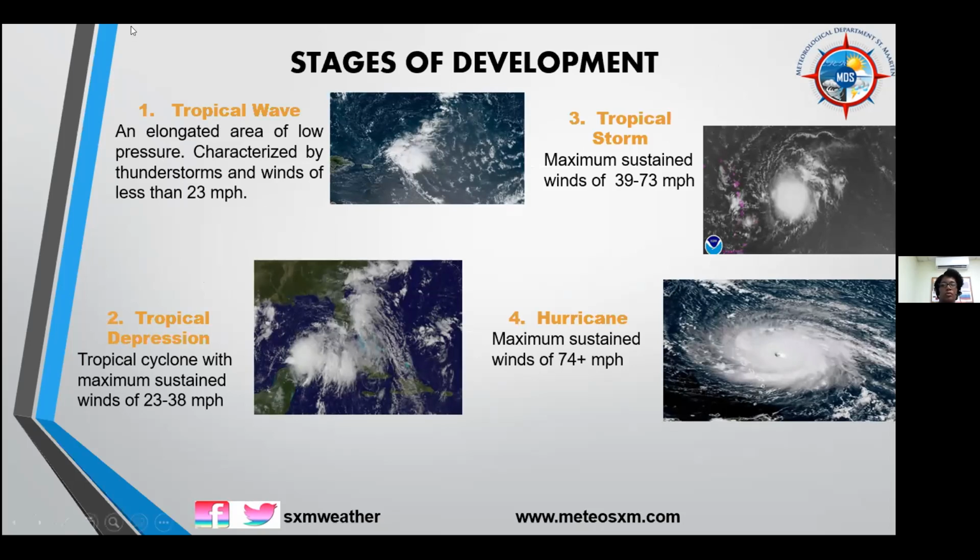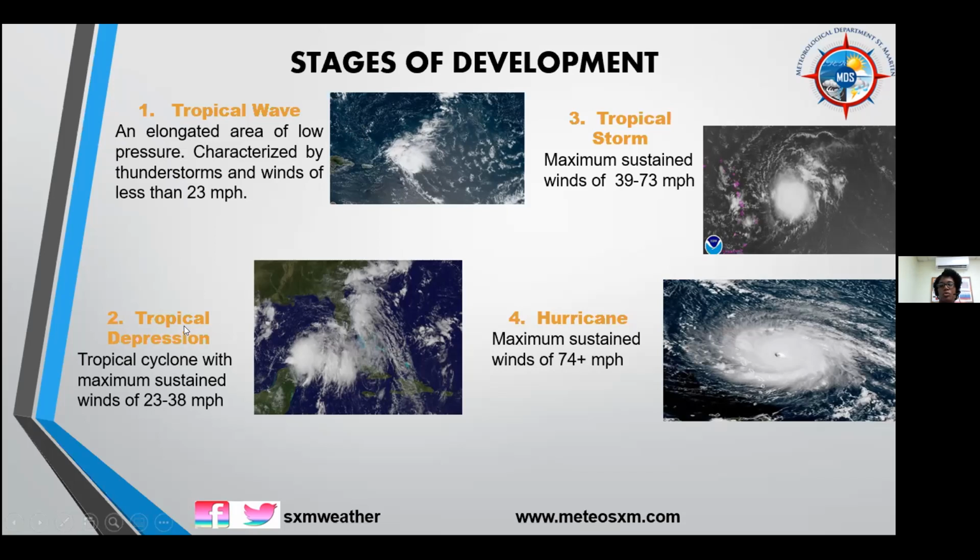A tropical wave will look like this in a satellite image. It is just a cluster of clouds and the winds are about 23 miles per hour. You will just get thunderstorms and windy conditions and a lot of rain in a system like this, but it is really where it starts. If the conditions that we mentioned continue to be right, the warm sea surface temperatures and the light breezes, it will increase